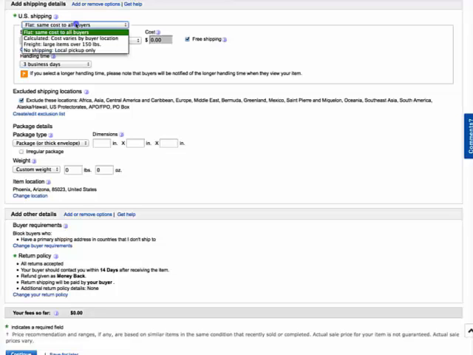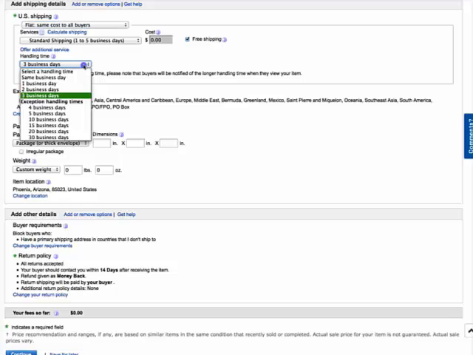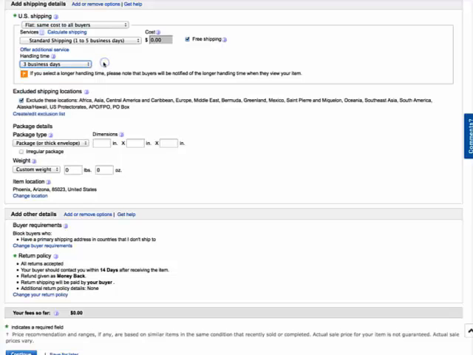So this is a little drop down menu. You see the little triangles here. I'm using flat, same cost to all buyers, and I have the free shipping box checked. I got my handling time set at 3 days. Another thing, you can change it, but these are the recommended settings that I'm giving you. Standard shipping 1 to 5 business days. All right, so flat cost, standard shipping 1 to 5 business days with free shipping, 3 business days handling. Now,